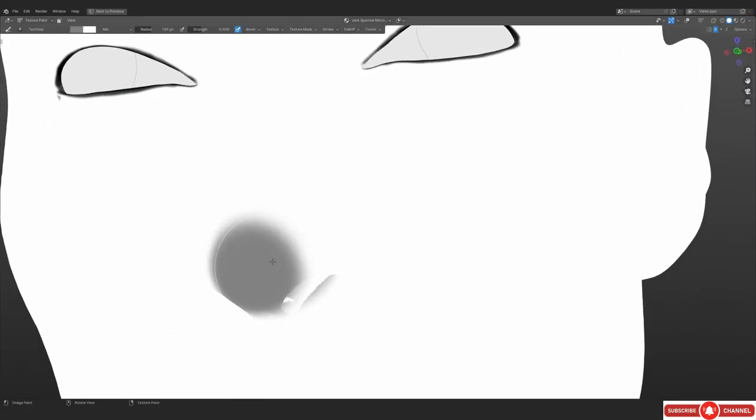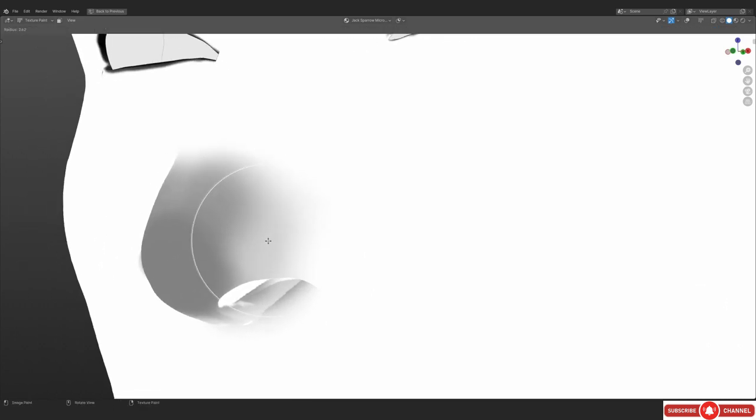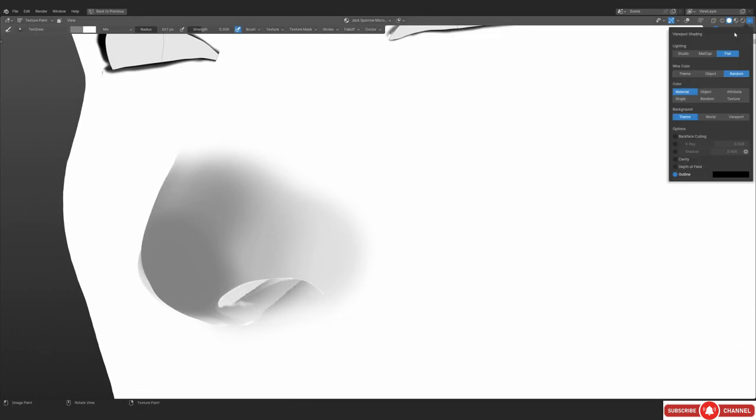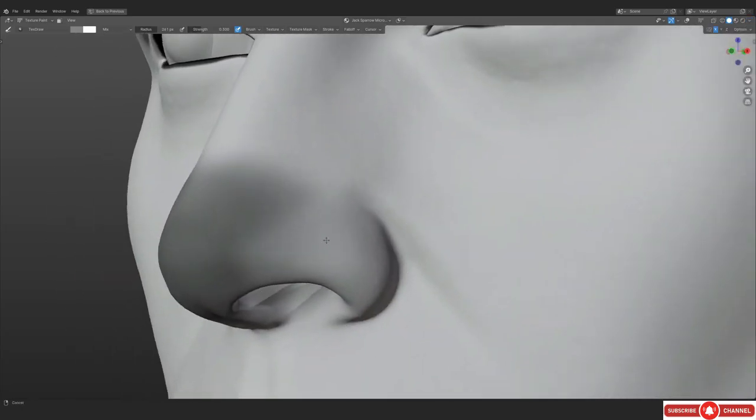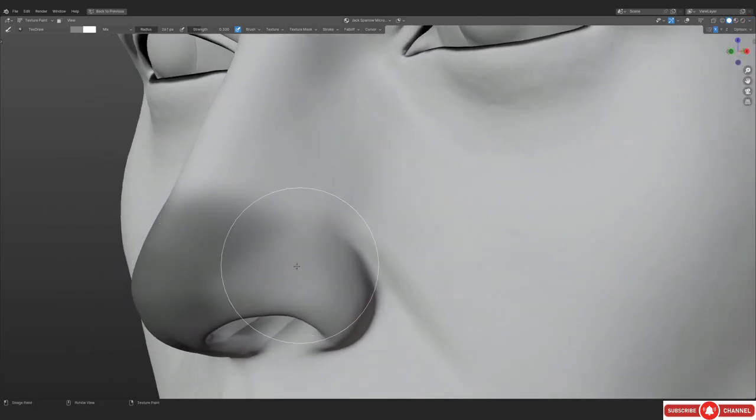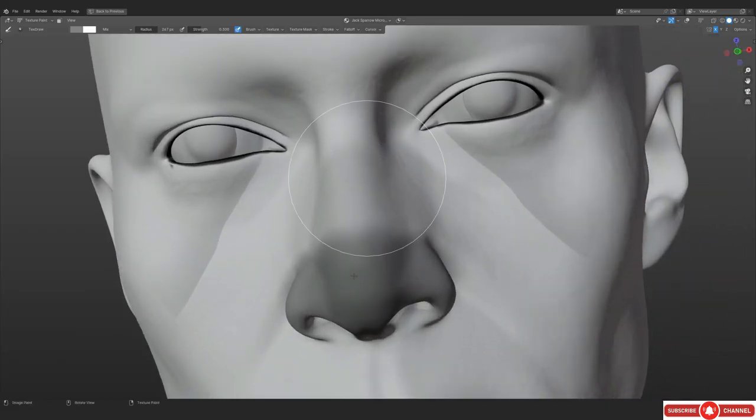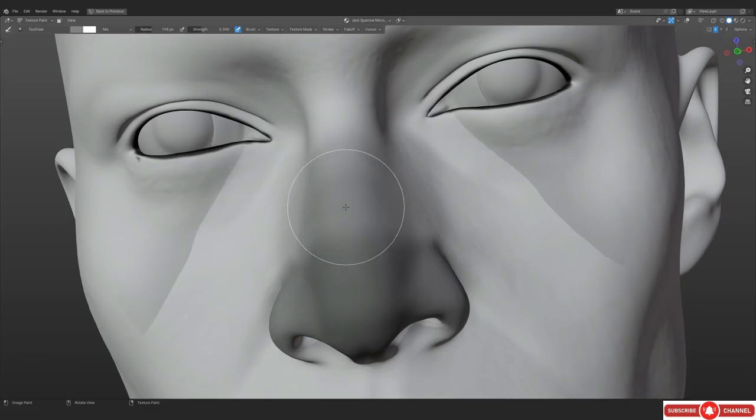But it's okay. I can just pretty easily blend in and fix all the area. But it does take a little bit of time, some extra effort to fix all of this stuff, which is, I feel like, just an unnecessary thing. I mean, Blender devs at this point should fix this particular problem, because you cannot get the same problem in the sculpt mode when you are painting. So that means they already have figured out a way to get rid of this problem.